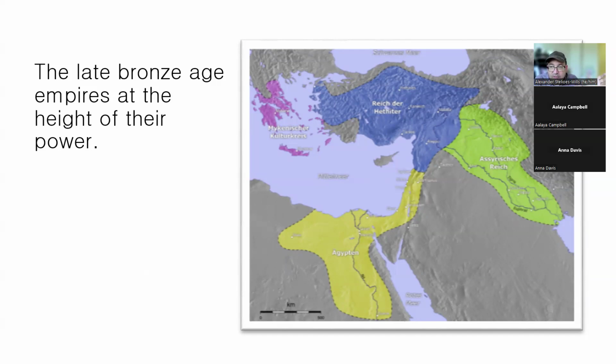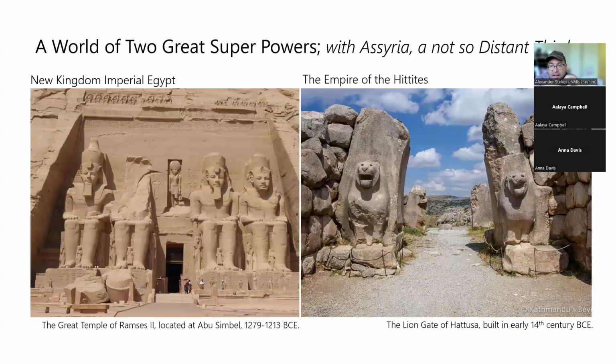And so at the height of their power, all of a sudden everything just kind of falls apart. There were famines, droughts, earthquakes, and invasions by various people. The Egyptians talk about the invasions of the Sea Peoples, and all of this stuff happening, and eventually cities were burned to the ground. And by the time the 12th century is over, the world is completely changed, and we enter into something like